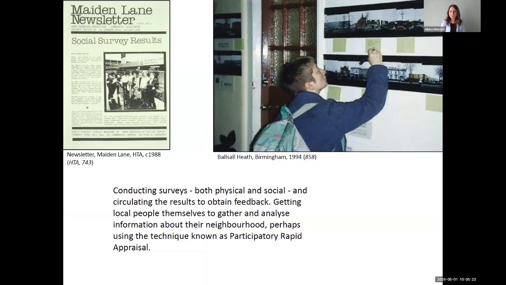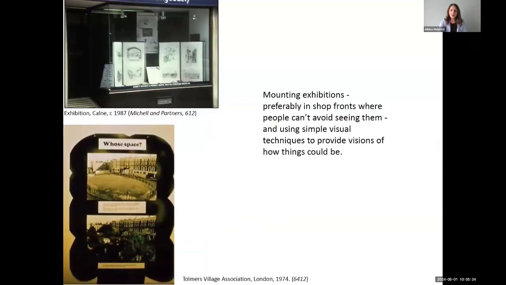They can help understand where the problem is, and altogether they can help solve this problem, which is also known as a participatory rapid appraisal. Another practice of this point can be mounting exhibitions, which can inform locals or the government where to address the problem, and also provide some visuals in order to understand better.